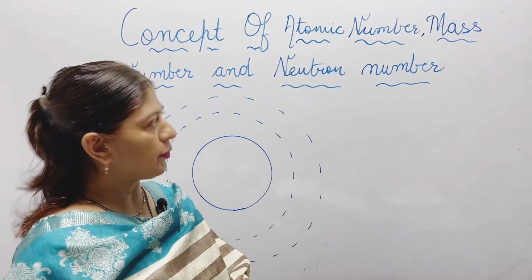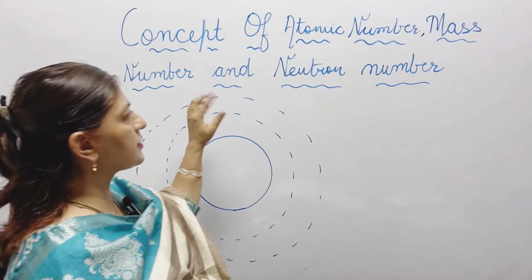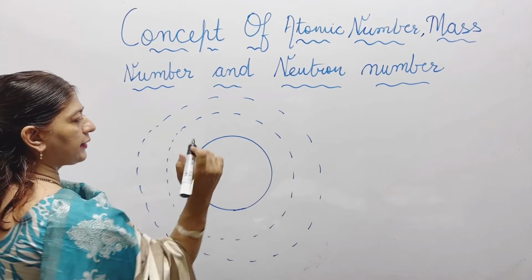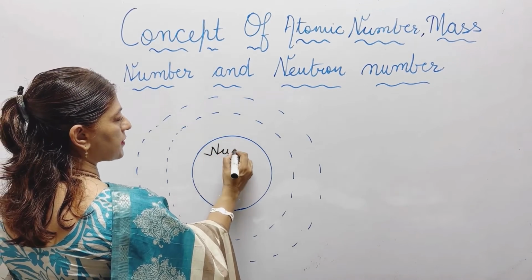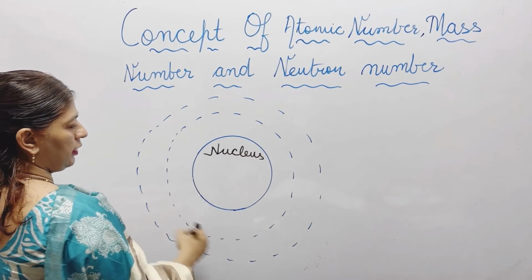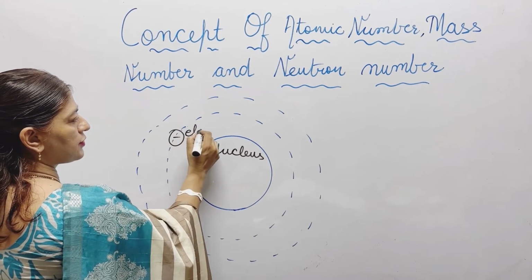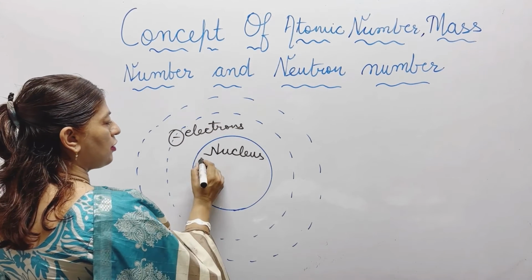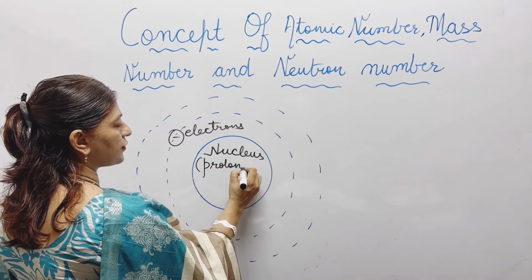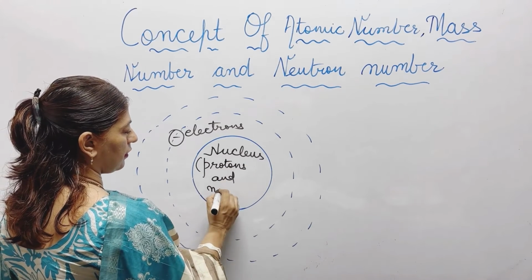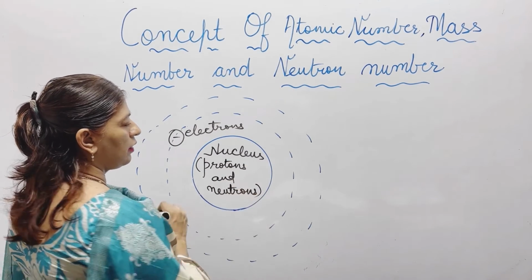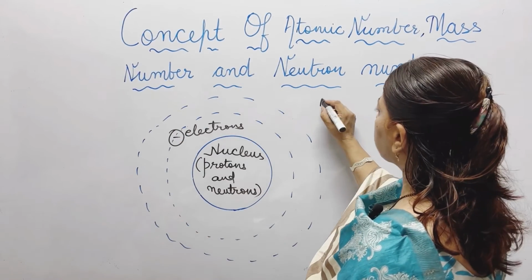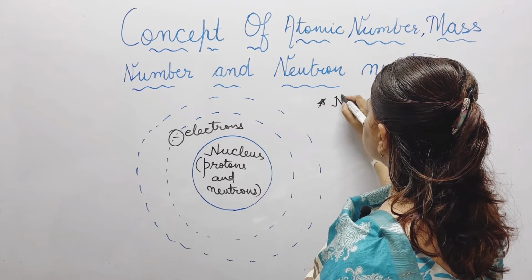Today I am going to discuss some important terms: atomic number, mass number, and the neutron number. Here I have made the structure of an atom. At the center we have the nucleus, and around the nucleus, in the shell, electrons reside. This nucleus contains protons and neutrons. So if we look at the structure of the atom, the important conclusions that we draw: nucleus